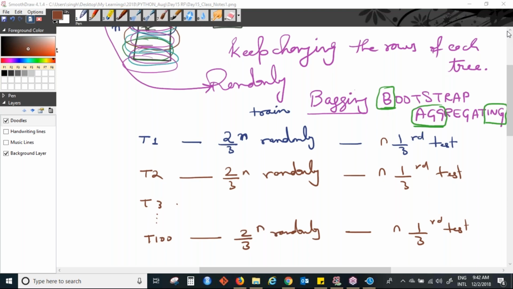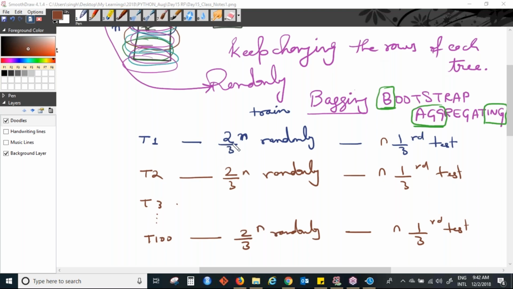So Vikram is asking, no, Sinoj, I was waiting for you guys to ask something. Okay, you have asked already. Just a moment. So Sinoj has a question. Will the randomness ensure that the rows selected will not be picked up in the next? No, Sinoj, it will be picked up, but not all of them will be picked up.